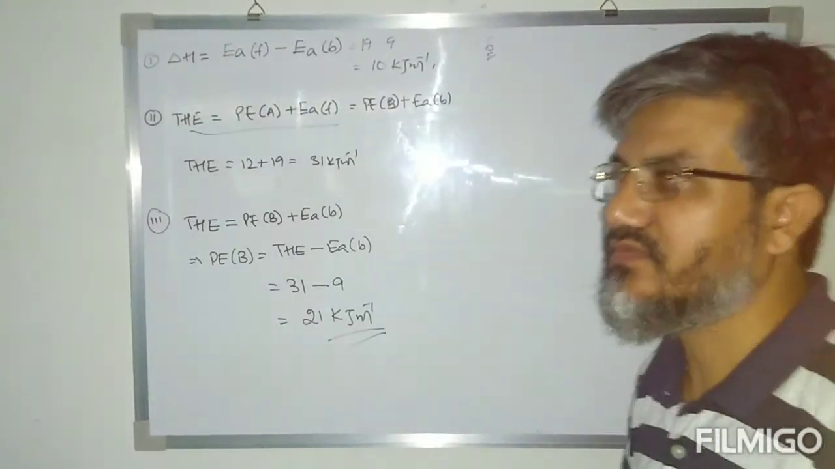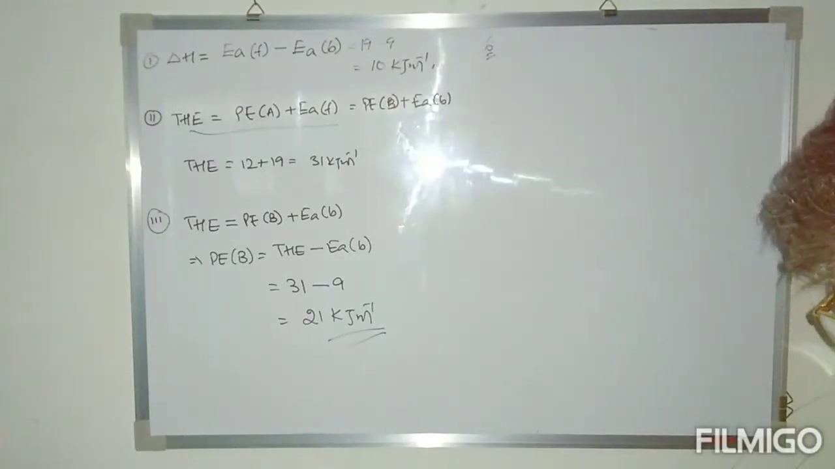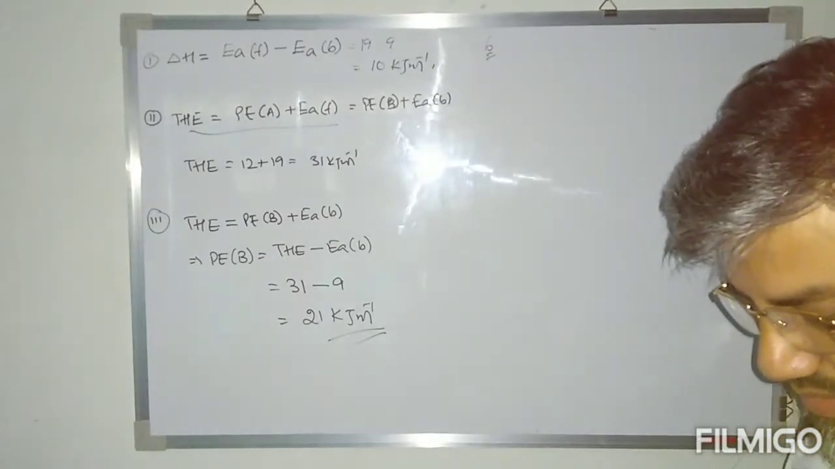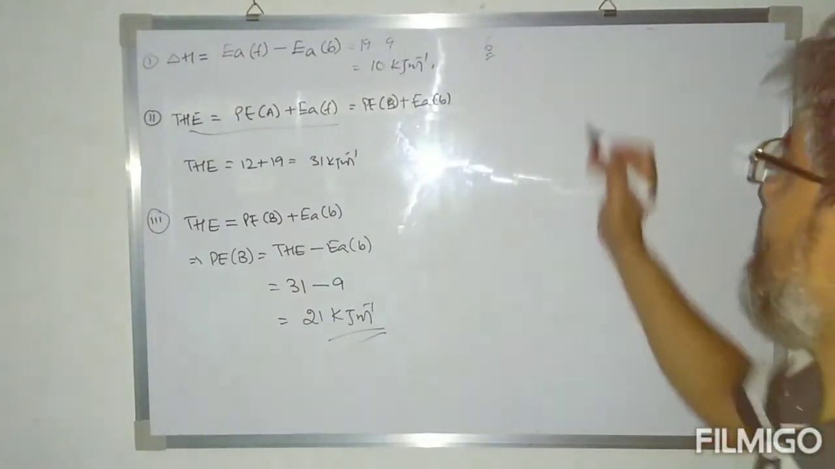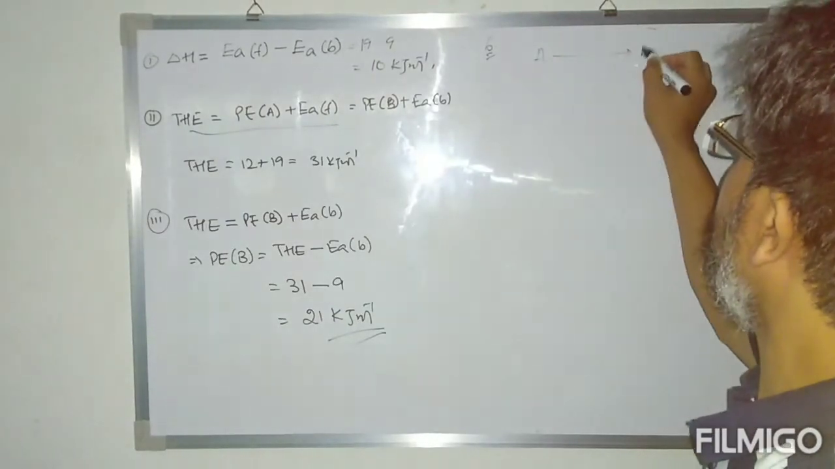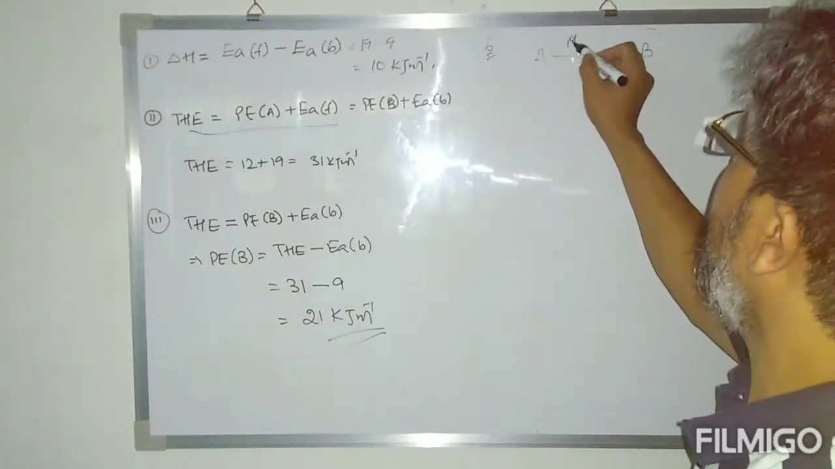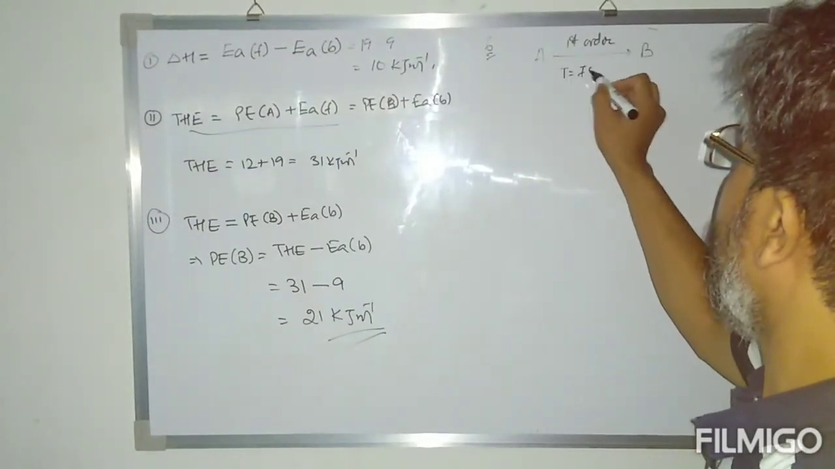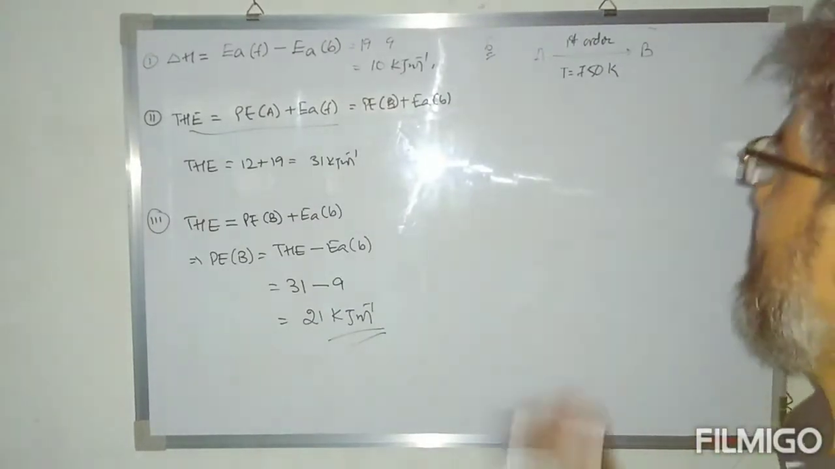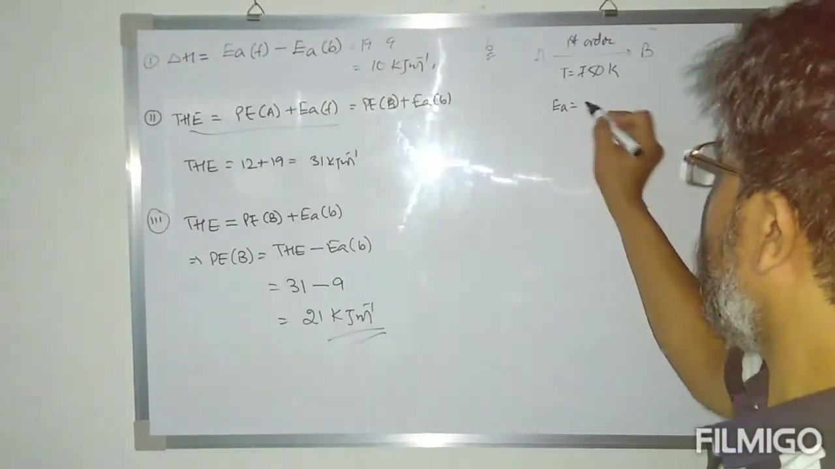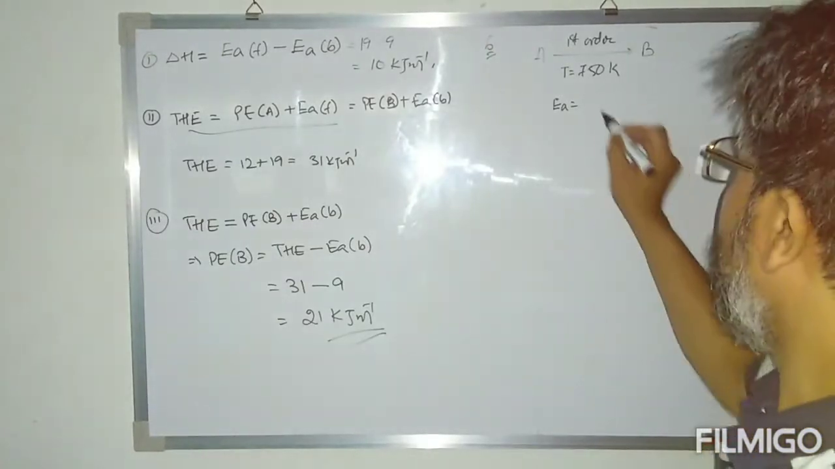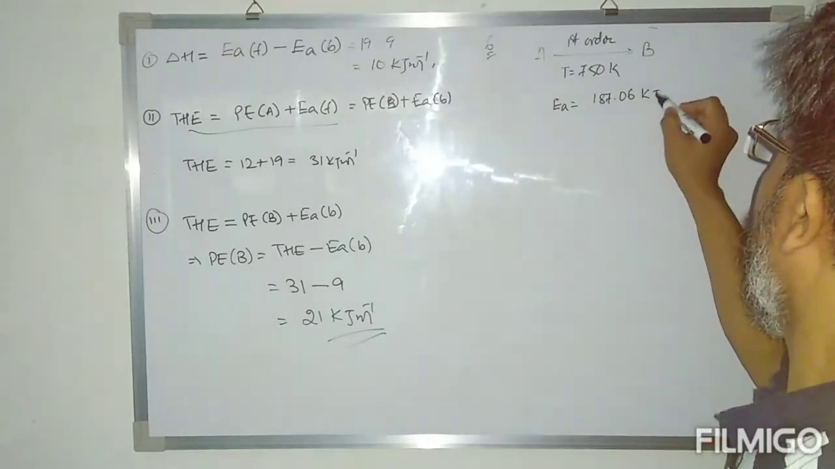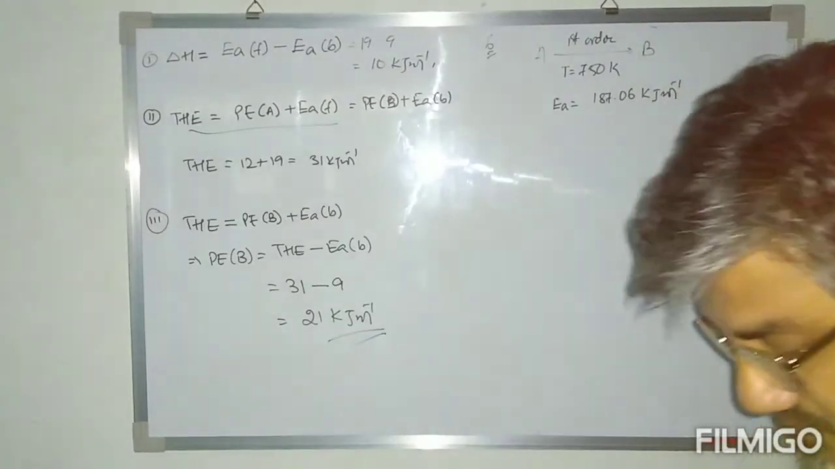Question number 6. The question says the activation energy of a first order reaction is given. Suppose we have this reaction A changing into product B. This is a first order reaction. The reaction is carried out at a temperature of 750 Kelvin. The activation energy for this reaction is 187.06 kilojoule per mole,